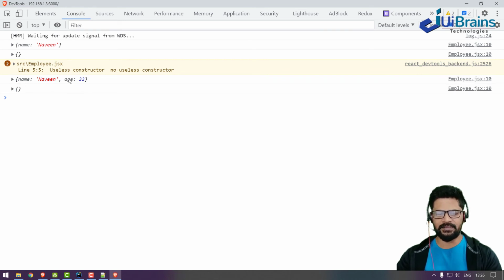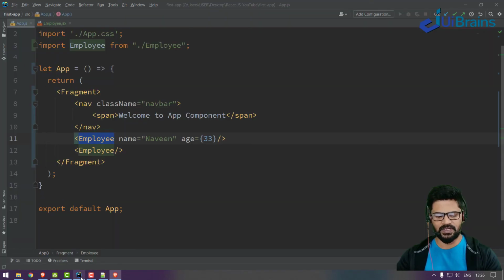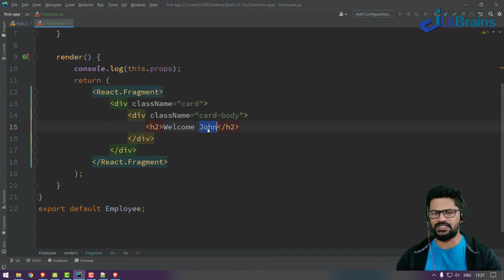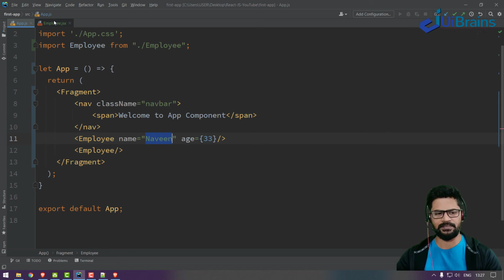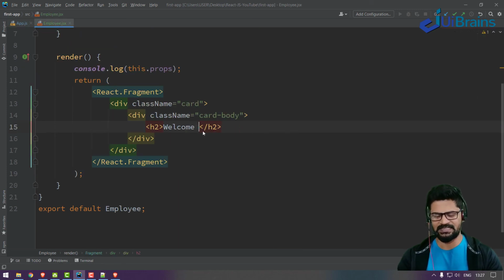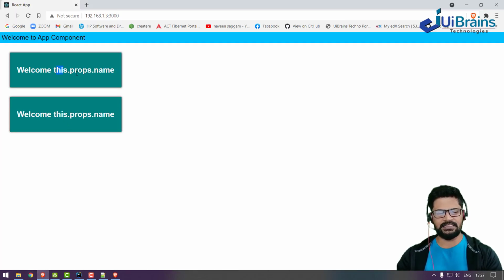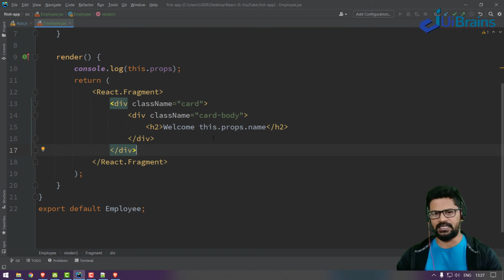Sir, how can I read them again? I want to just display only name, only age. How? Like this. So if you want to replace this hardcoded John data, I want a name, because you are providing a name property. So in place of this, something dynamic. If I say this.props.name, what happens? You will get this.props.name, and that too as hardcoded data. Correct? I want to read the dynamic value of props.